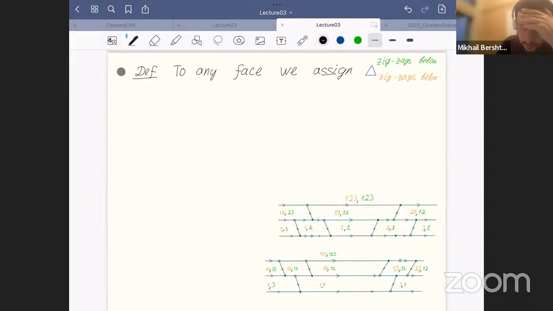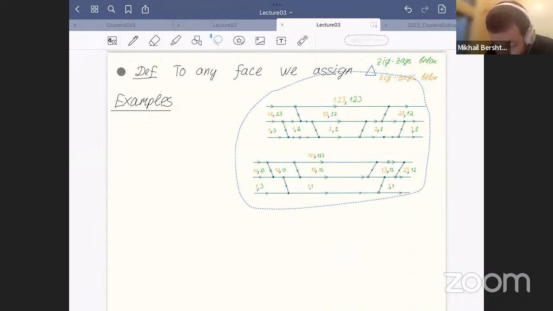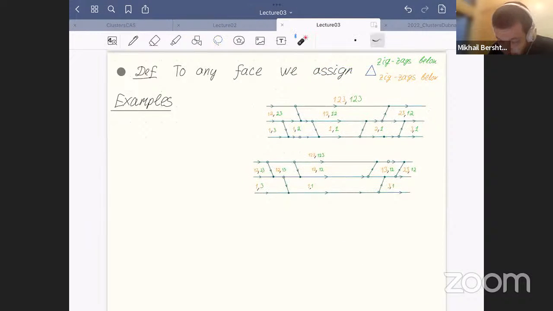Here are a couple of examples. Of course, it's hard to follow just from the first glance. So what can we see from these examples? So first of all,